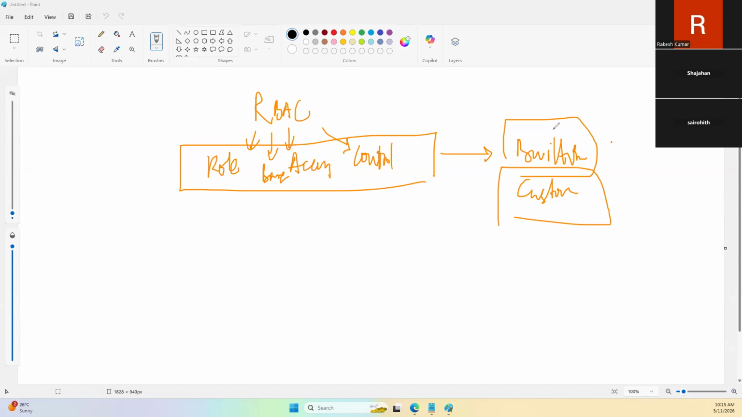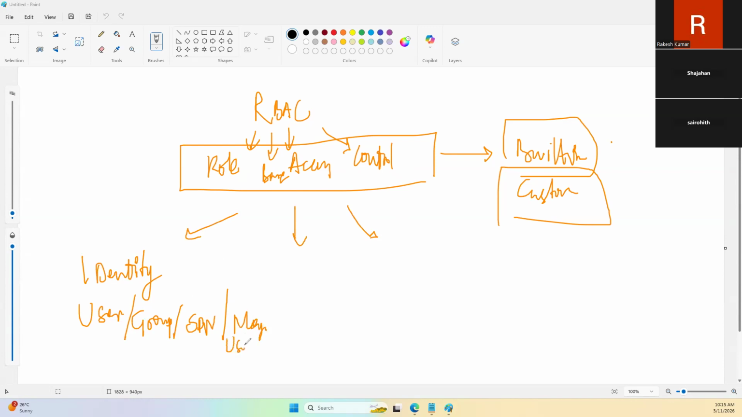At a high level, RBAC is a feature in Azure where, using an identity, which could be a user, a group, an SPN, or a managed identity, which we call a user-assigned managed identity,